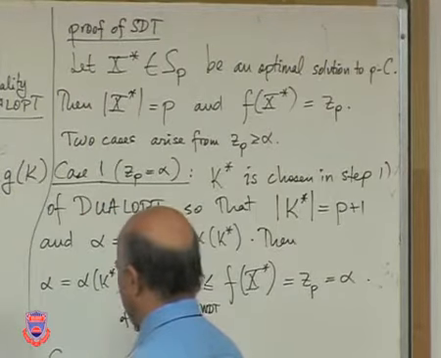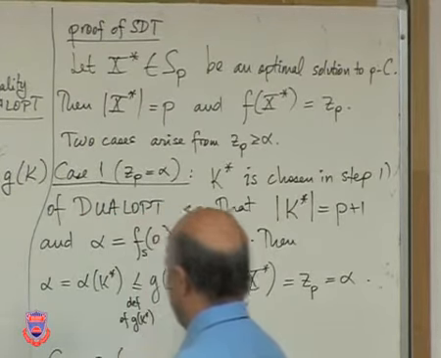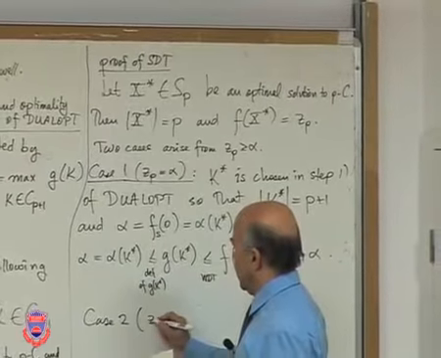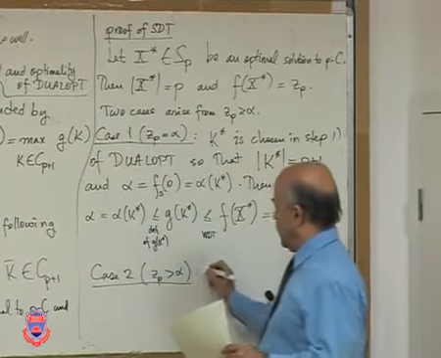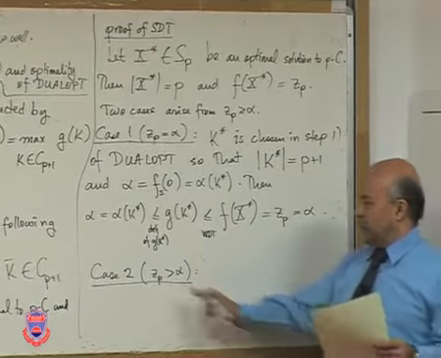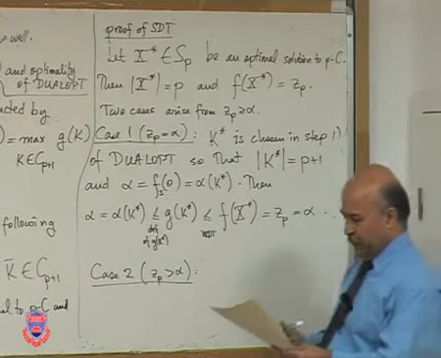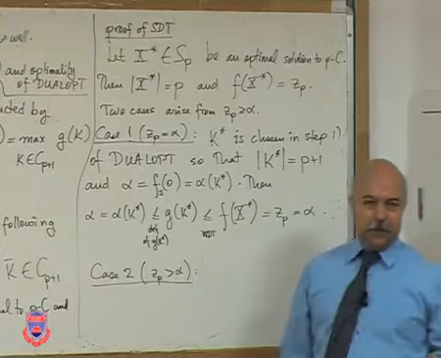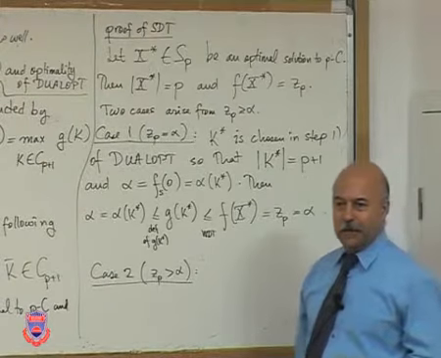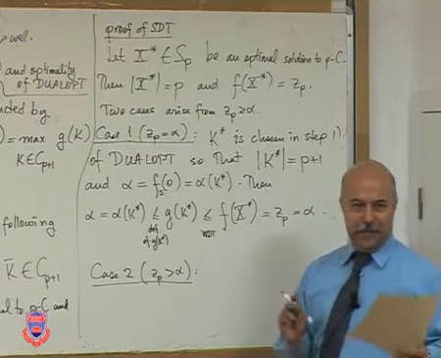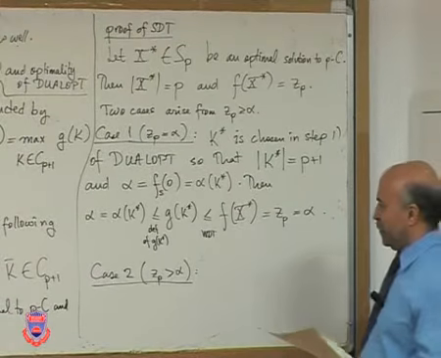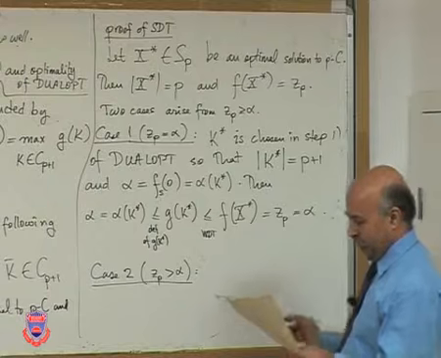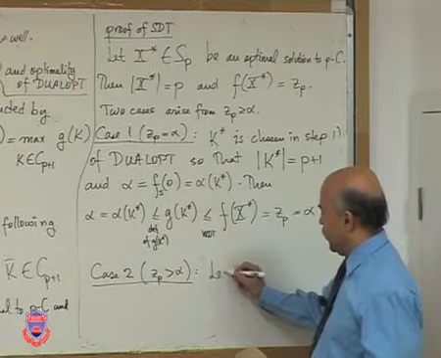Okay, let me begin here. In case 2, ZP is greater than alpha. This case is a little bit involved, so I want you to be patient, okay? Because there are quite a bit of arguments to go through. Okay. First, I'm going to